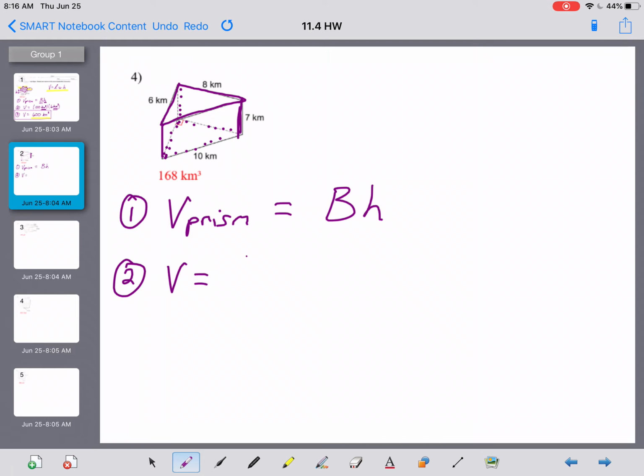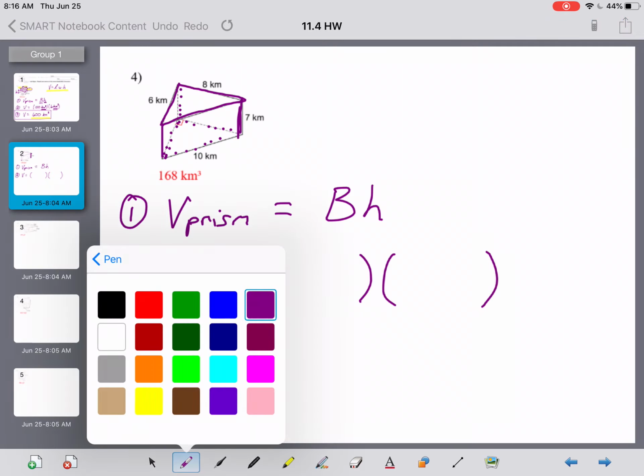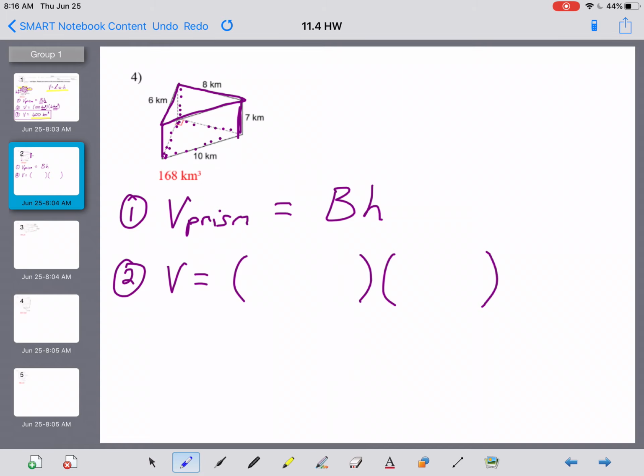Volume is equal to... we do not know the area of our base, and we do not know our height yet, so let's go ahead and try to figure those out. And this is a little tougher than the last one. Okay, so the base we're dealing with here, guys, again, you can focus on either the top or the bottom here,